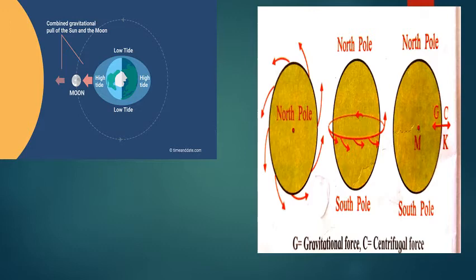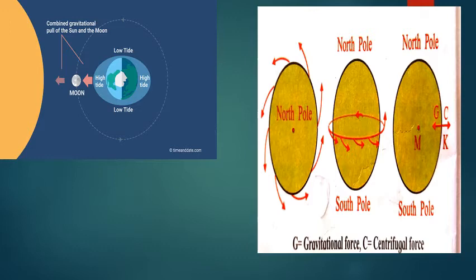Now, the combined figure of this gravitation on both the sides, you can see the opposite sides having high tide and low tide. Now, what is seen in the picture, another thing is, you can see the sun, the moon, and the earth, which are all in the same direction, but these are not eclipses, okay? These are not eclipses because the moon is quite closer to the earth than the sun. The attraction is there.